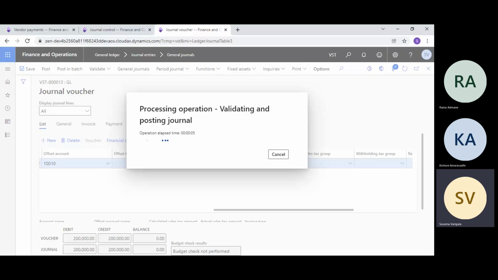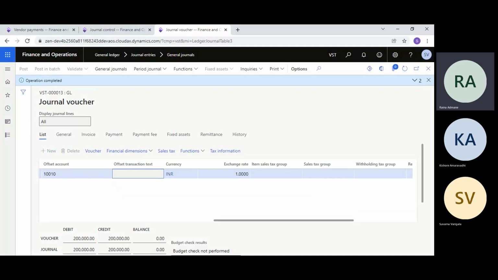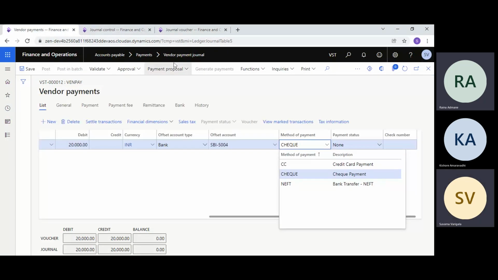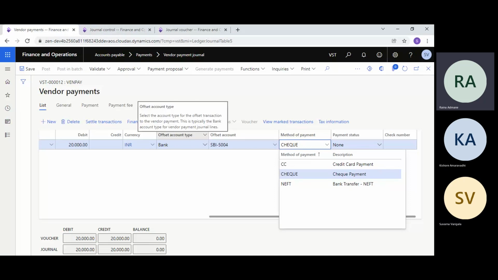I mean, a bank account having a negative balance is wrong. I do agree, but will it accept in D365 if the balance is less? It will accept. It will accept because there is a control in the bank module that credit is not allowed or negative balance is not allowed, kind of. We can, but right now we have not set that up, so it will go ahead and it will show the negative balance.